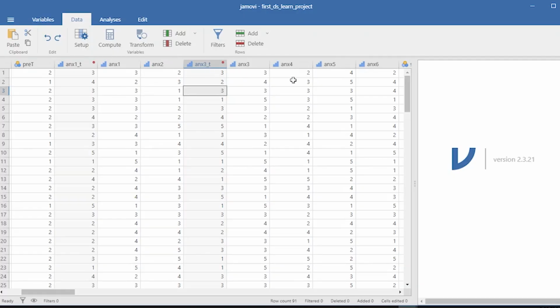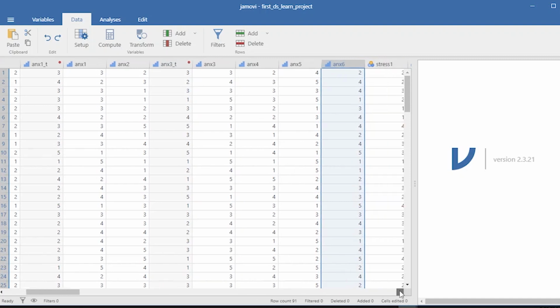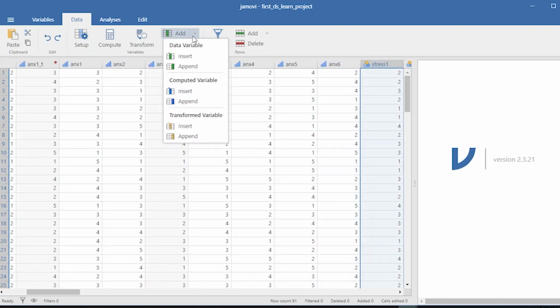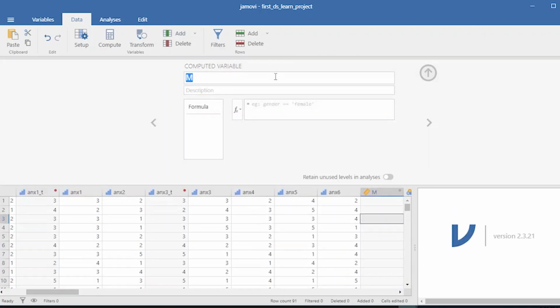Now, at the end, after I finish, I want to calculate the total score for anxiety. I'm going to add the variable. This time I'm going to say computed variable, insert. It's asking me, okay, what is the name? I will say, for example, this is the anxiety score. I think that it's asking me here,